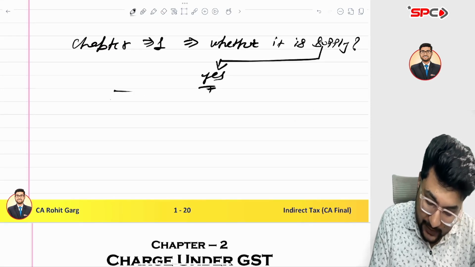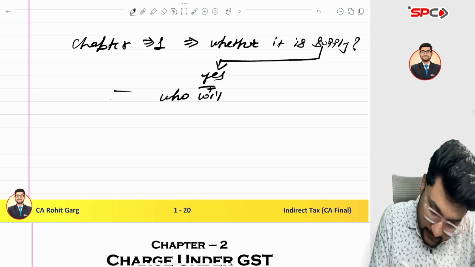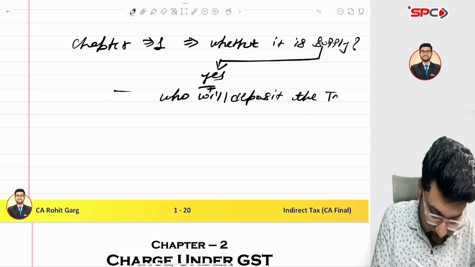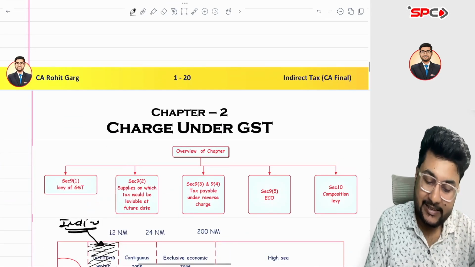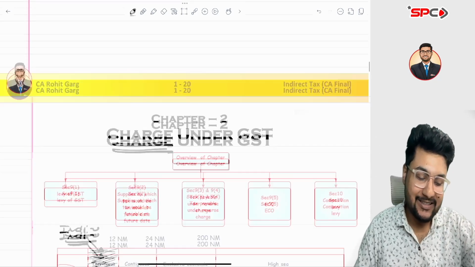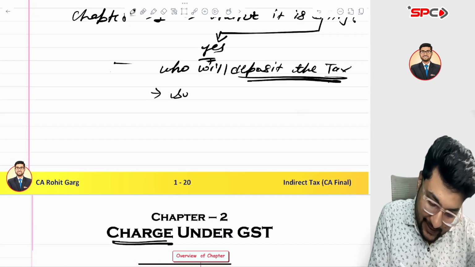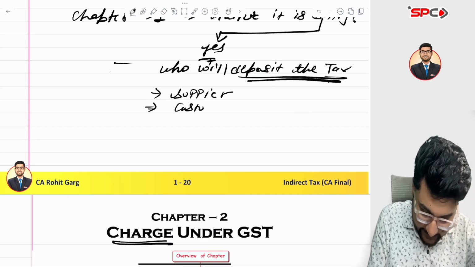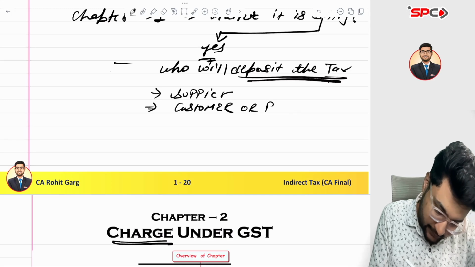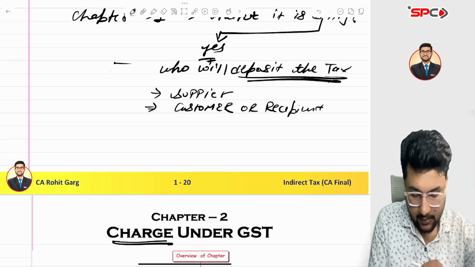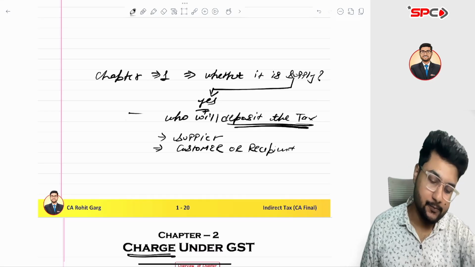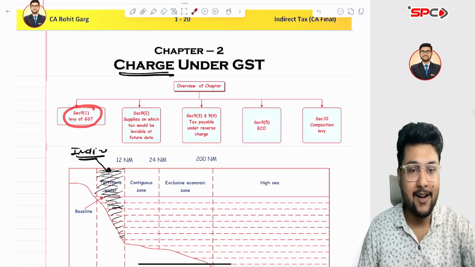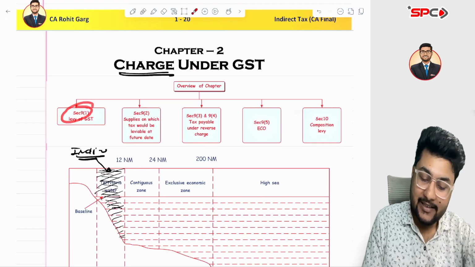then who will deposit the tax? So this chapter will decide who will deposit the tax, whether it's your supplier or customer, I can say, or a recipient. A recipient. Are you getting my point? For this, GST introduced a new section called Section 9. Section 9 deals with levy of